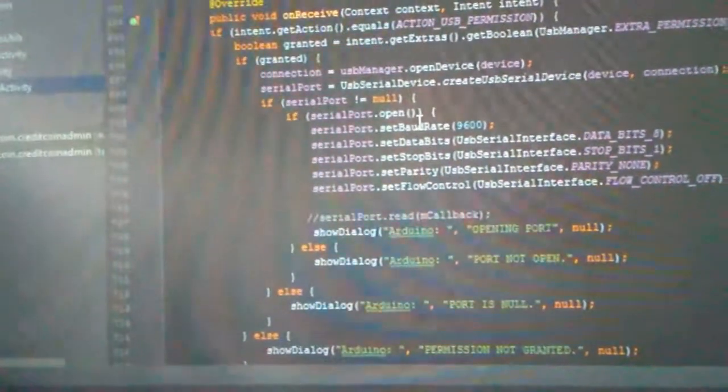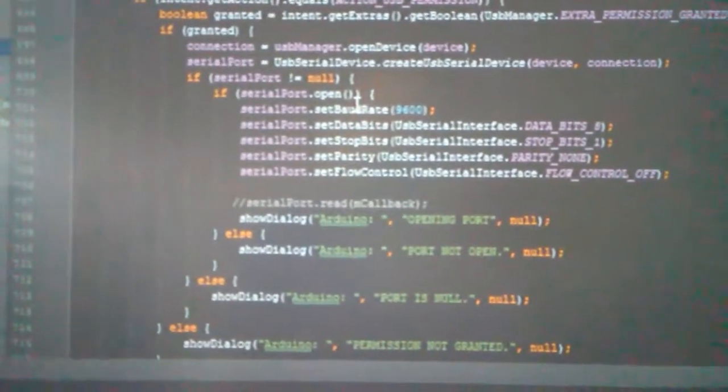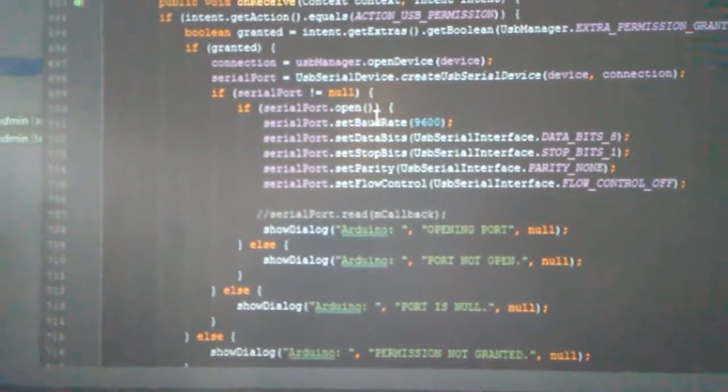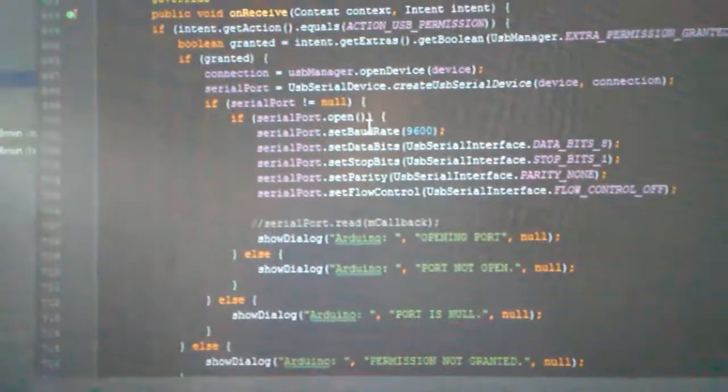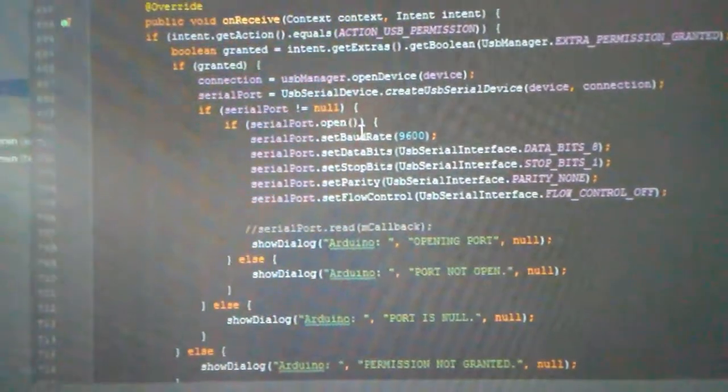One is through the button, the Arduino test, and the other is by starting the credit coin service. When you change the state of the service, you force the application to set up the serial port again, and when you set up the serial port again, you need to